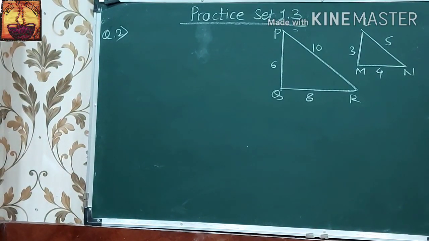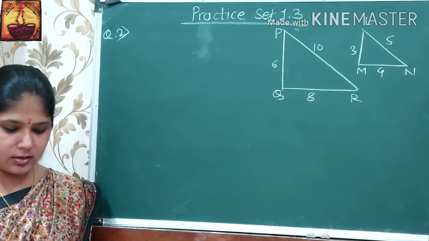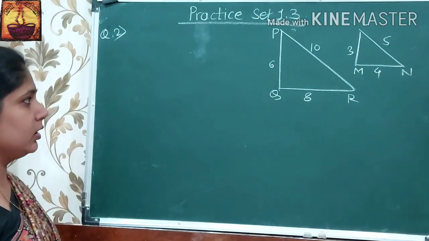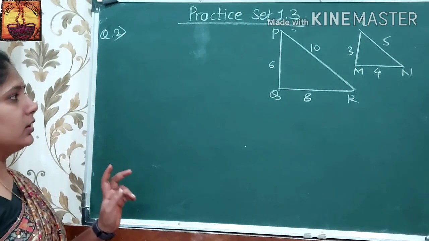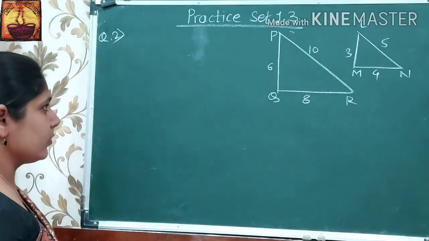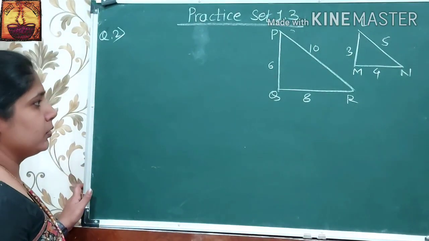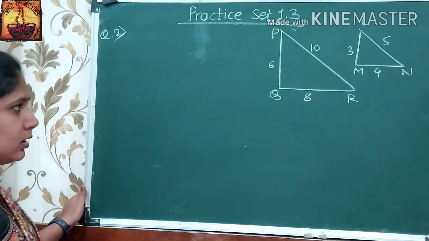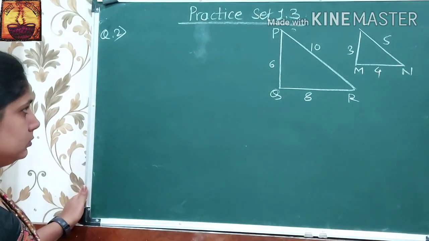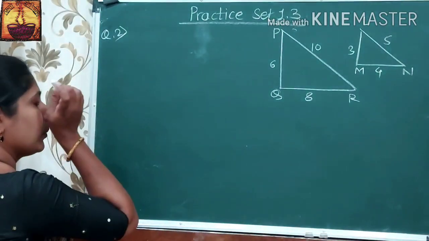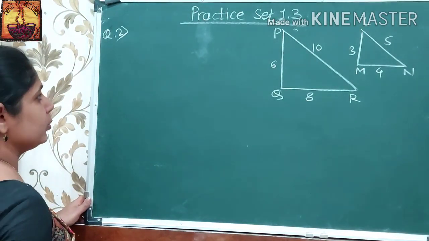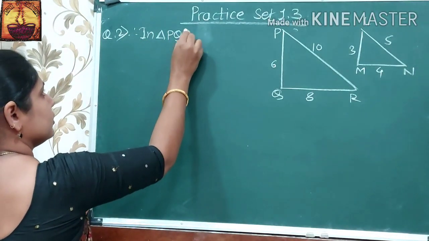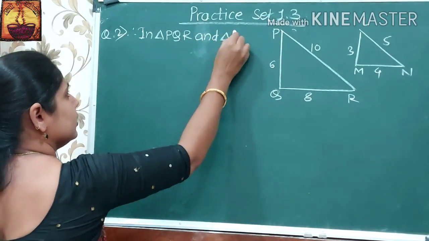Now the second question is, are the triangles in figure similar? If yes, by which test? Here two triangles are given and their sides are also given. If we have to prove the similarity in these two triangles, we have to calculate their sides in proportion. Therefore in triangle PQR and triangle LMN,